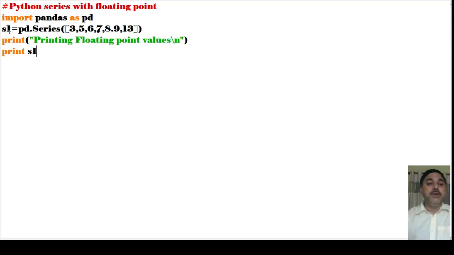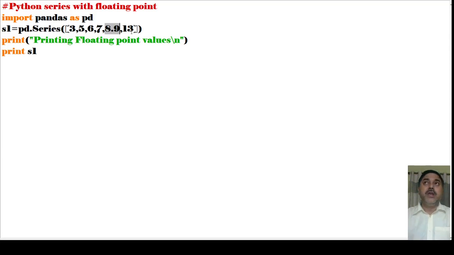Now here I have written s1 equals pd.Series, then 3, 5, 6, 7, 8.9, 13. Now look very nicely: in this particular pattern I have given only one value with a decimal point, and for the other values I didn't give any decimal point.